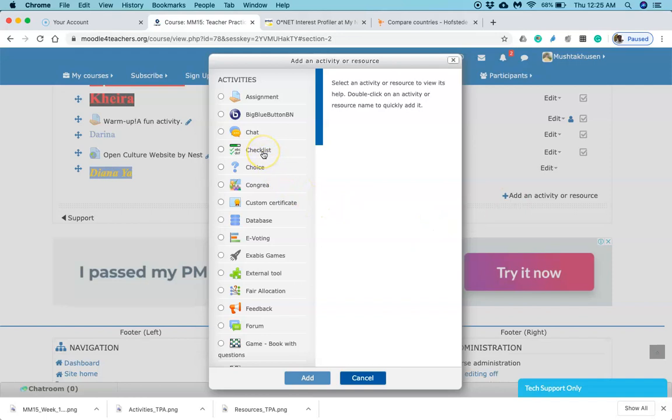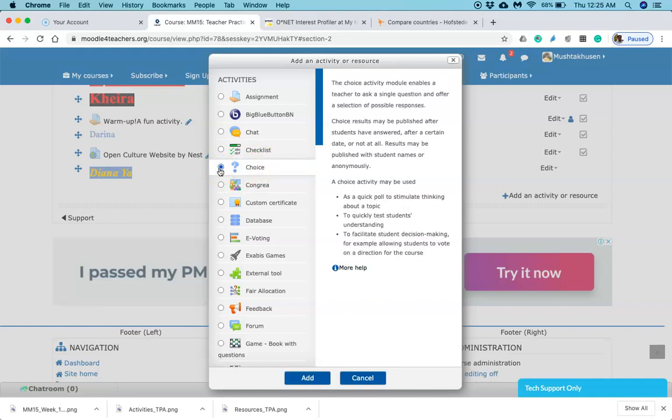Okay, so as of now we discussed till checklist. Then next one is choice. So what is this choice? The choice activity module enables a teacher to ask a single question and offer a selection of possible responses. For example, if you want to understand from your students what makes us employable, maybe you can give some options.